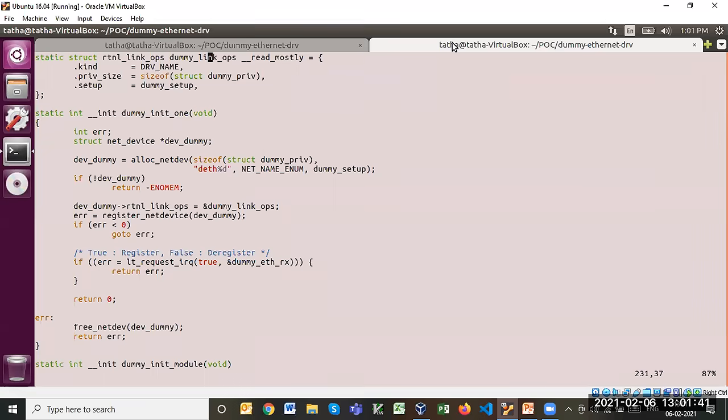After registering, because at this moment the device is not registered to the network stack or the net device structure. It does not know anything about this one, because the registered net device is also not populating the routing table, as we have shown in the demo.